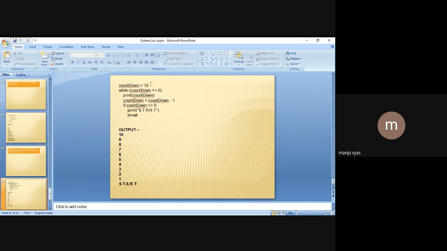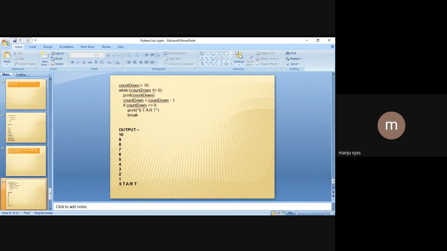initialize the value of countdown to 10, and then check whether the value of countdown is greater than or equal to 0. Why have we taken equal to? Because we have to print the value till 0, right? Whenever the value of countdown goes to 0, it will print start.